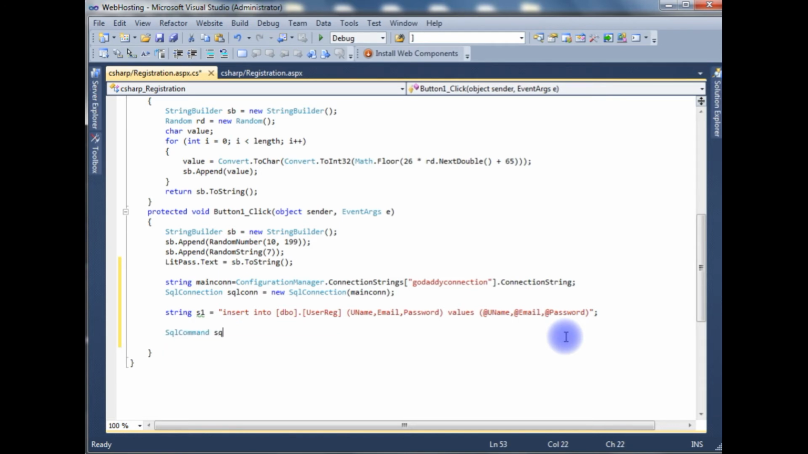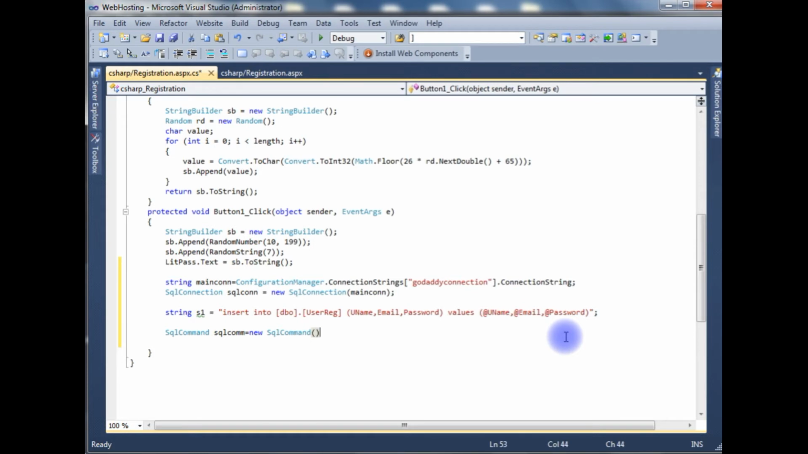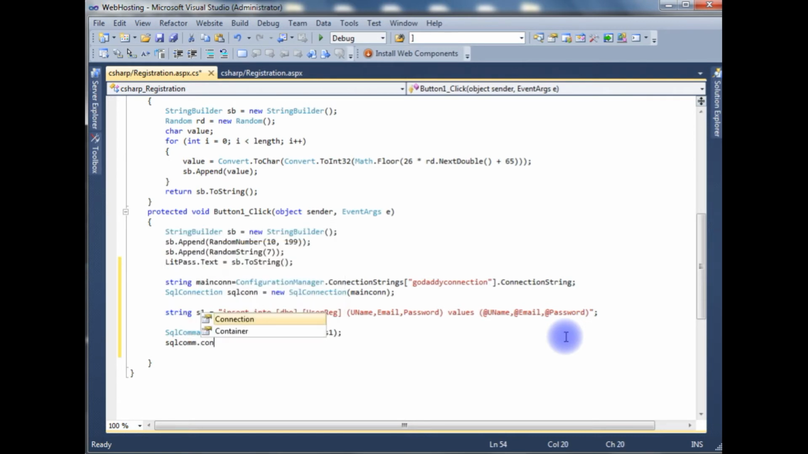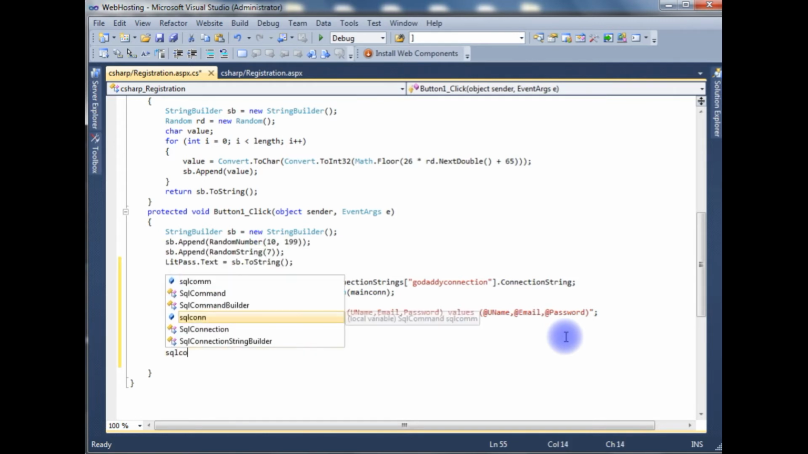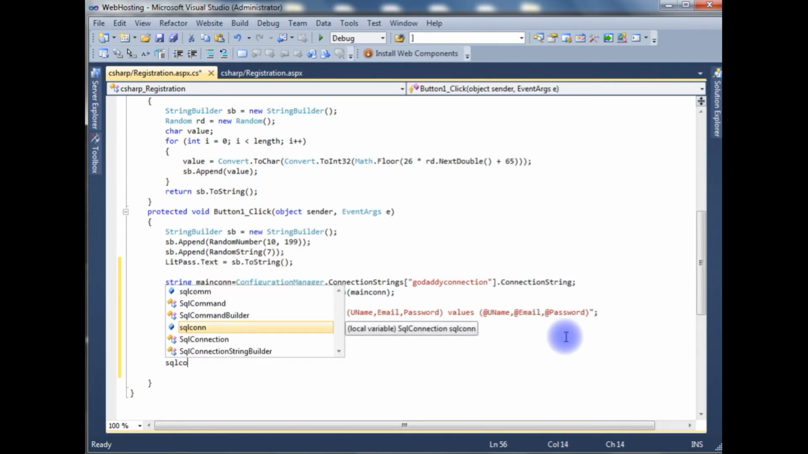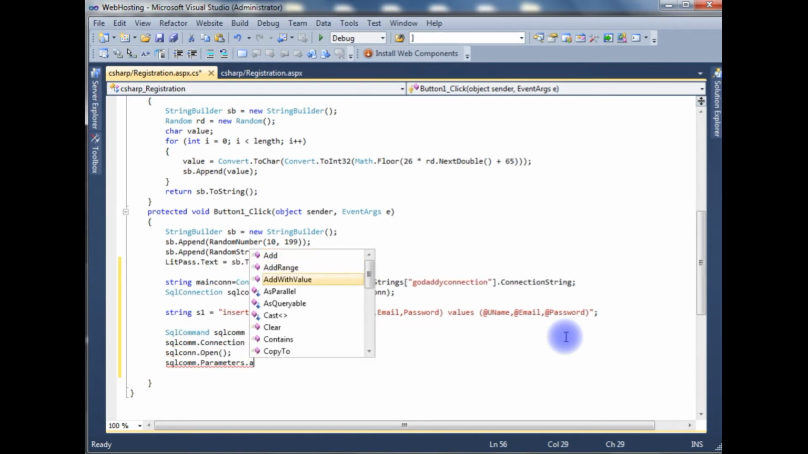SqlCommand sqlcom is equal to new SqlCommand, which takes a parameter of the string s1. SqlCommand's Connection property is equal to the SqlConnection. sqlcom.Open the connection. sqlcom.Parameters.AddWithValue